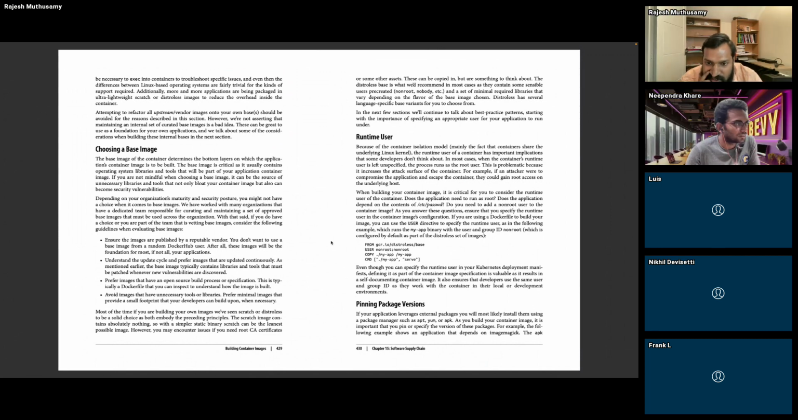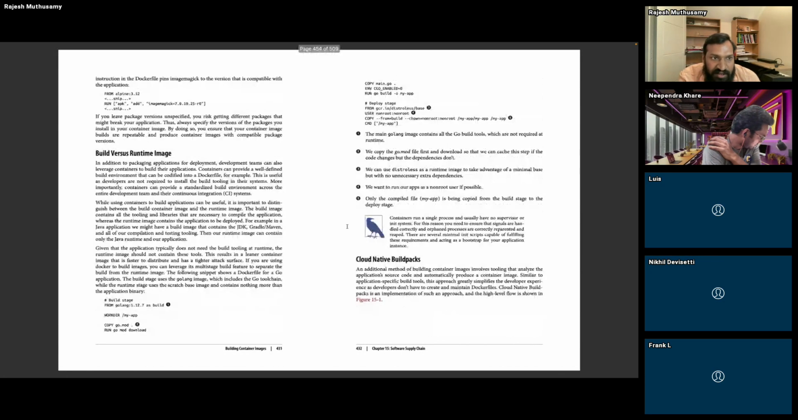This is a simple Docker representation of how this can be built. Anyone want to try? They can try. Yeah, again, this one is just talking about pinning the version, which means